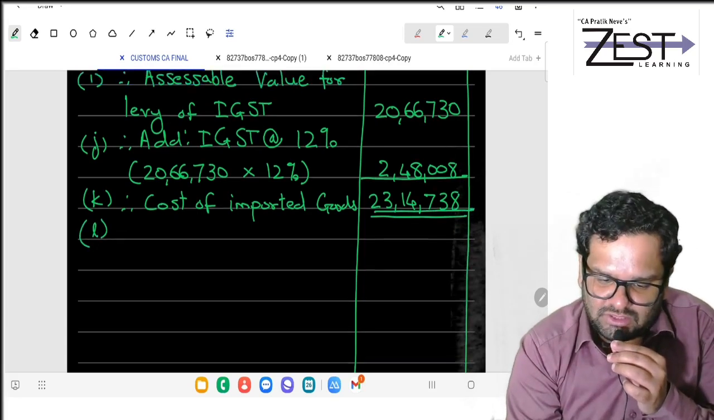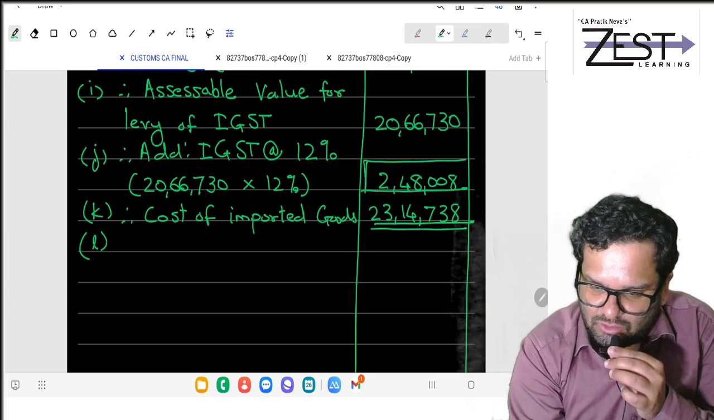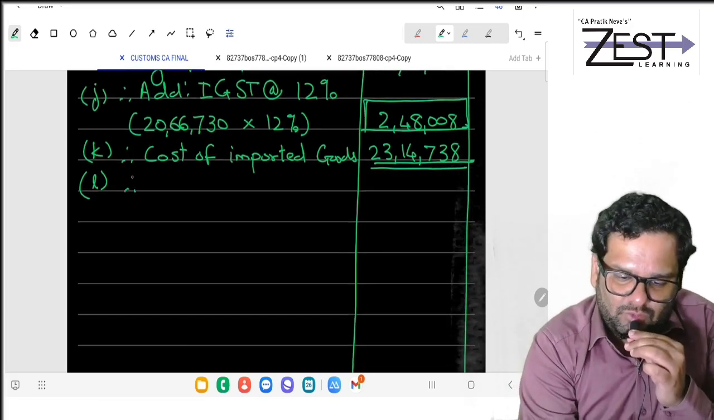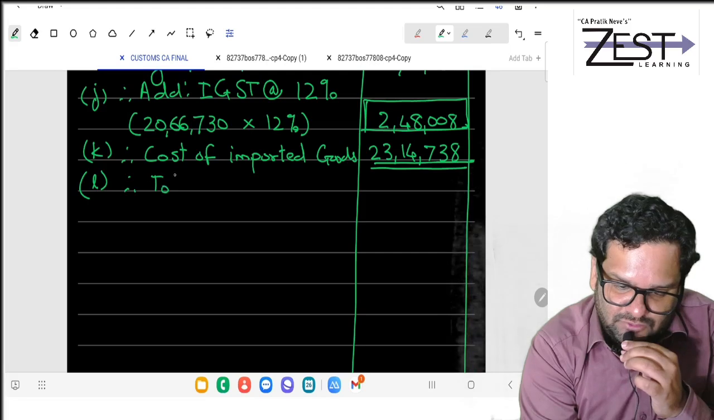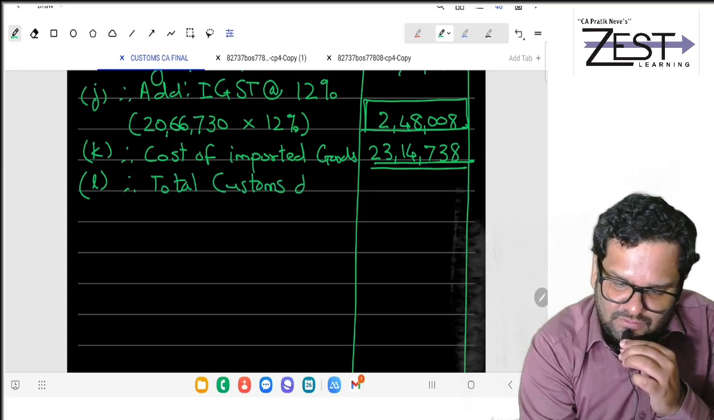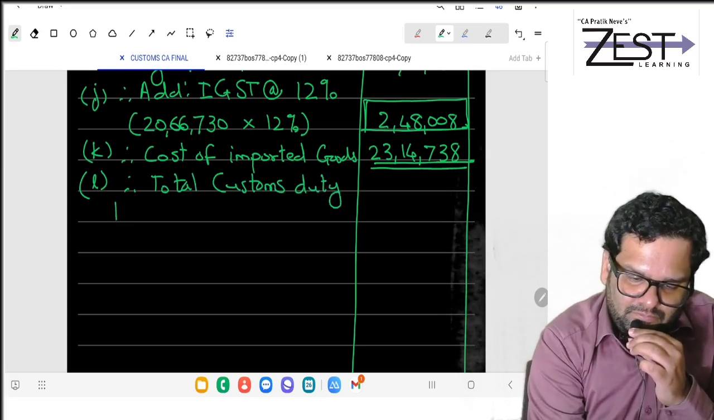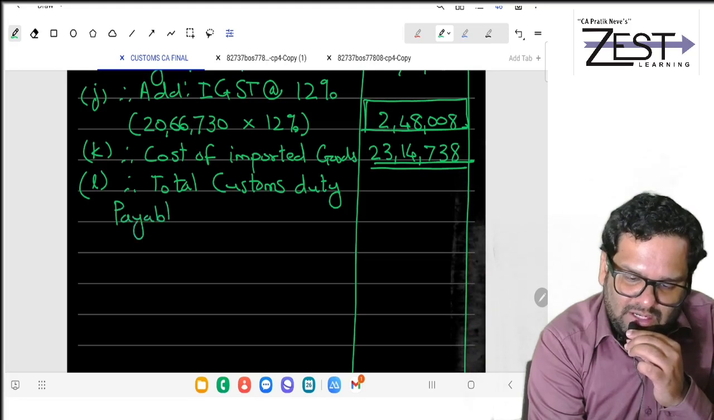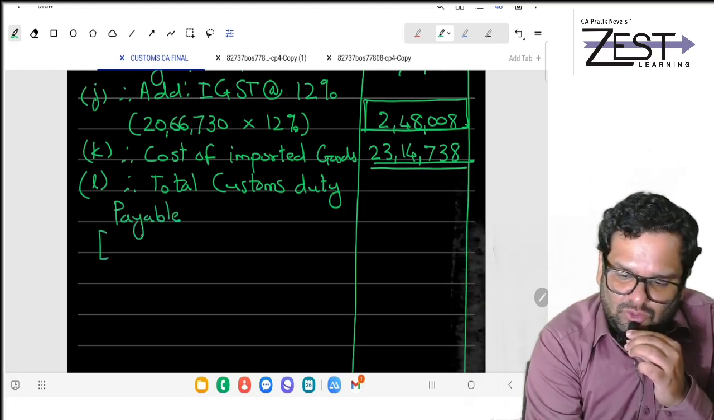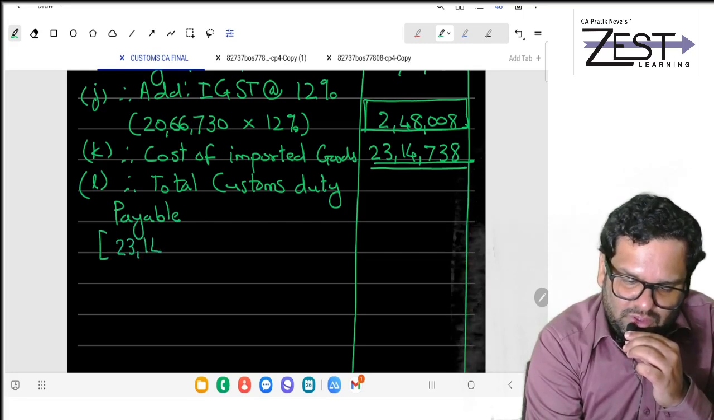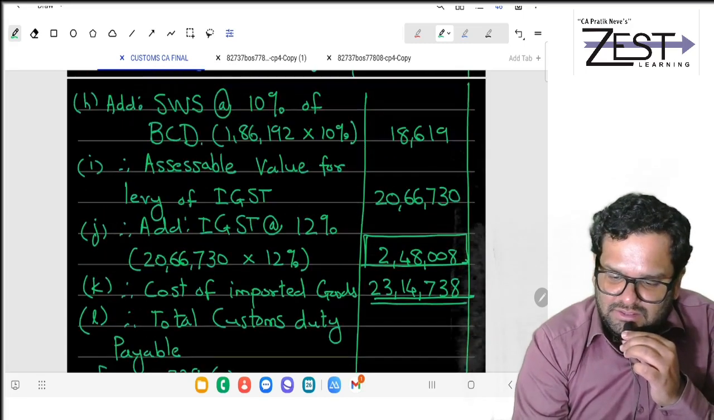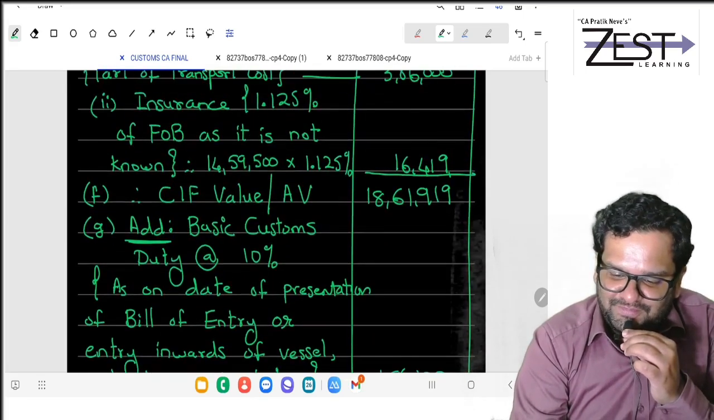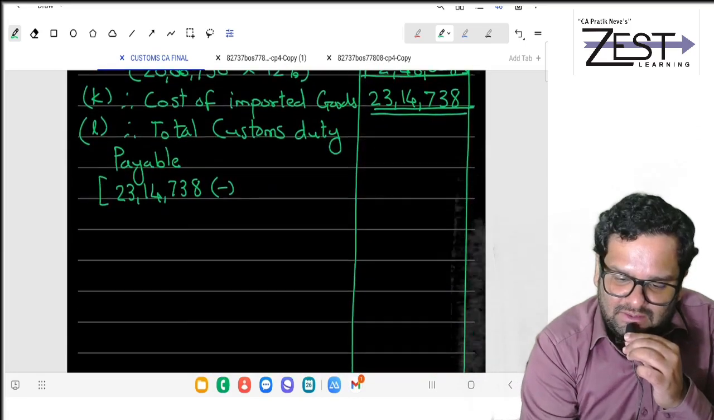One of the questions was to calculate IGST. You see IGST, so we have calculated. One of the questions was to compute total customs duty payable. So how will that be calculated? As I told you, total cost of imported goods 23 lakh 14,738 minus assessable value 18,61,919,